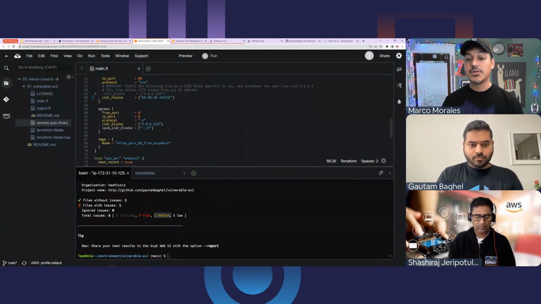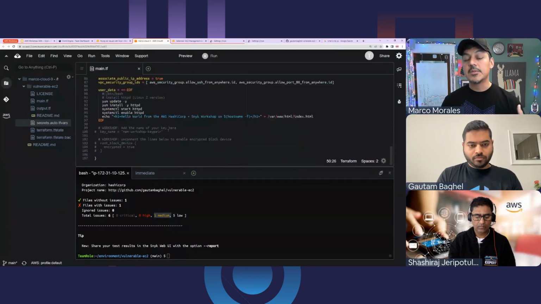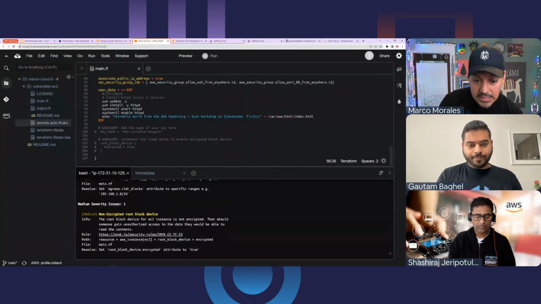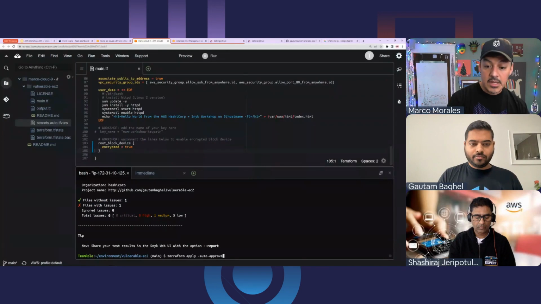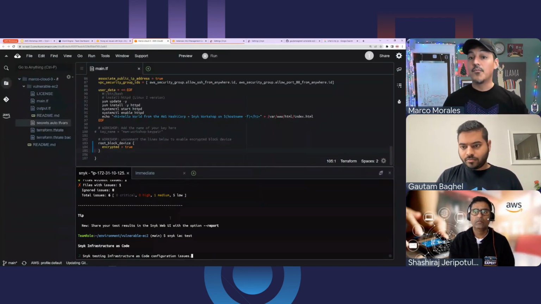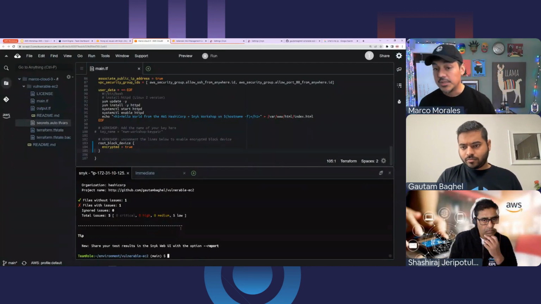The last thing I can do to close out this example is the guidance tells me one of the issues is that I have a non-encrypted root block device. We're told where it exists. That definition happens to be around here. And this is an example of how we would tell you sometimes the default behaviors that are enabled in a cloud resource need to be overwritten. So here we get to do a little bit more of the right thing. I'll do the Snyk IaC test here because I just uncommented this fix-up. And what's going to happen is I'll go from 1 medium to 0 mediums. And that's what we want to see.